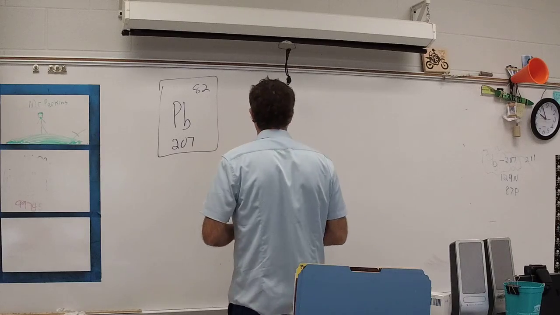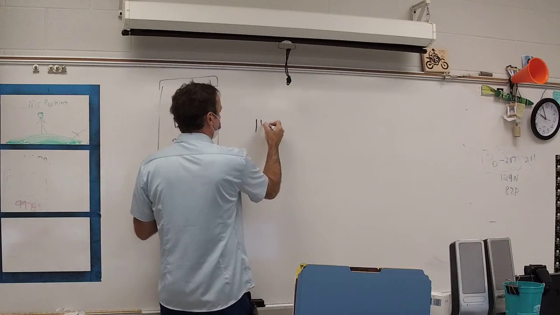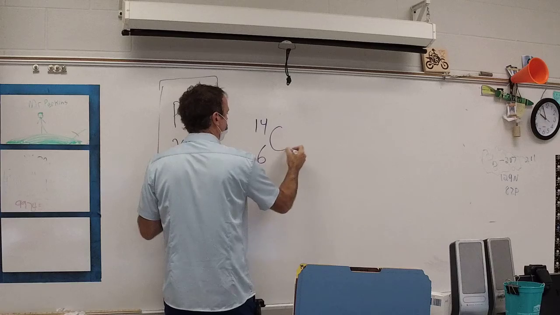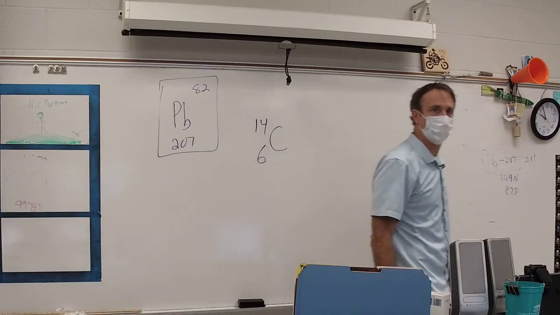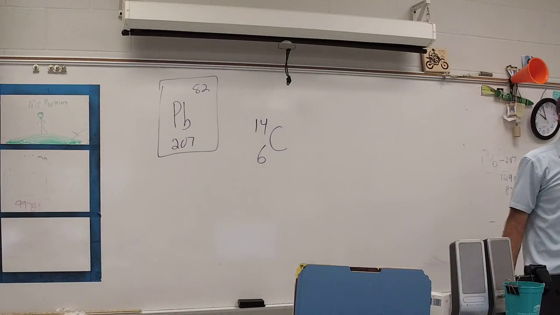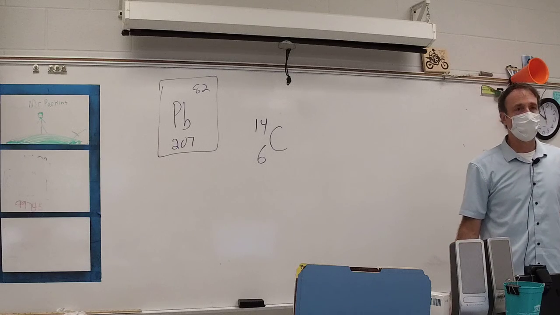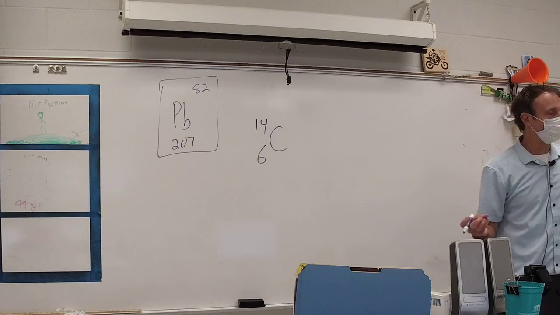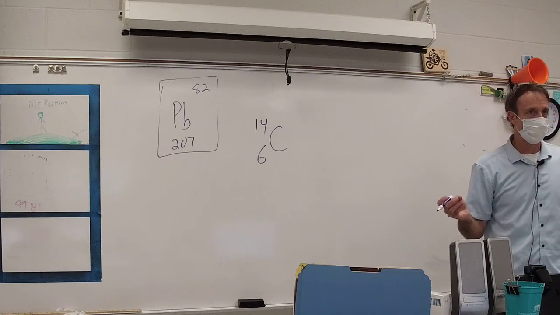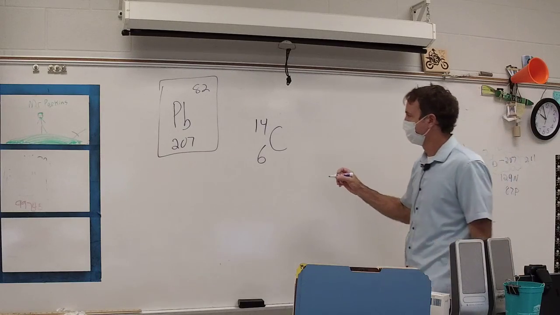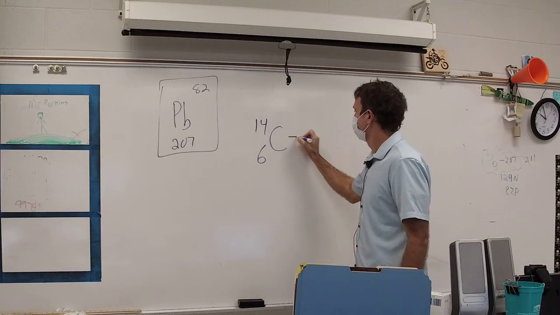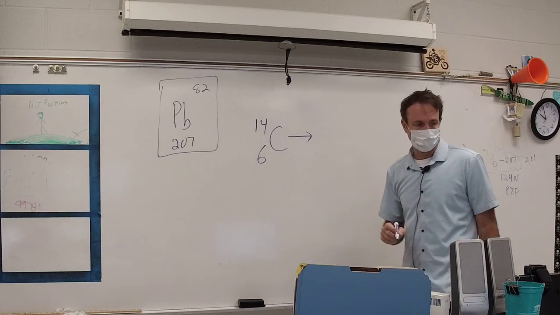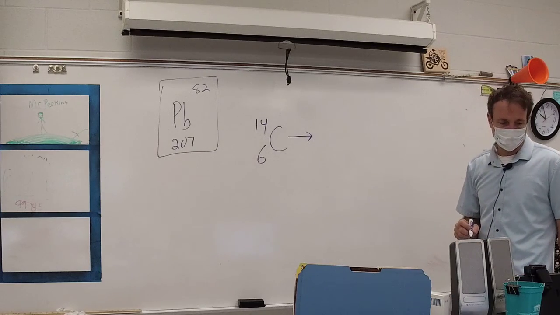Here we go. Let's say you have carbon 14, 14 over 6 C. Have you ever heard of carbon 14? It's pretty famous. It's how we date the age of animals that have died. If we can get a bone sample, we can use carbon 14 to date it. Carbon 14, if it breaks down